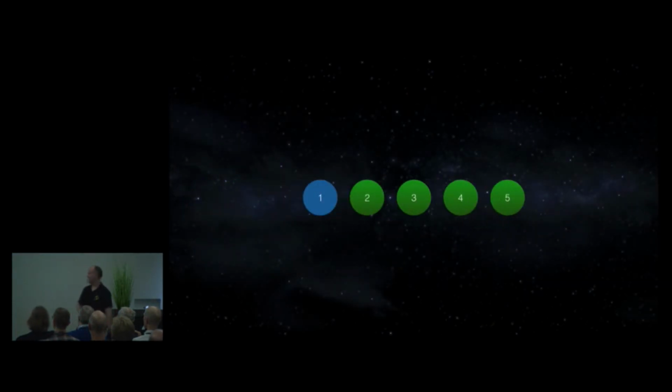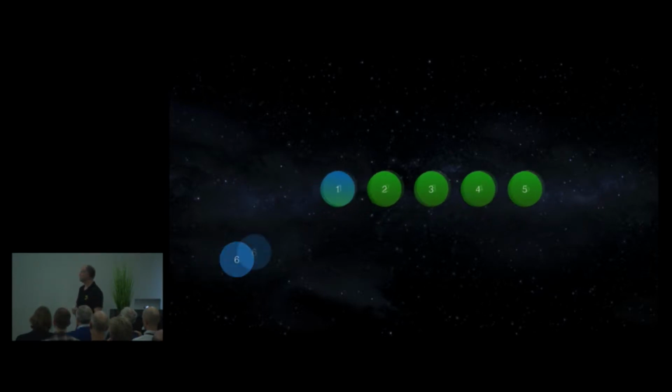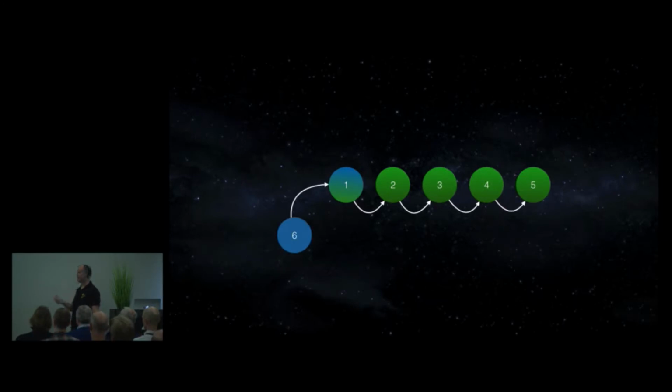So let's just have a quick recap on how a singly linked list is implemented. Again, we're going to whiz through this because I'm sure you're familiar with it. But linked lists will have a number of nodes, each with a value, and also a pointer to the next or previous node, depending on how you look at it. And the first node is usually called the head, and the rest, or the first node of the rest, is called the tail. Now, what's interesting is if you want to add a new node to the head, the only thing you have to do is just write the pointer to the original head into the new node. The original nodes don't actually need to change at all.